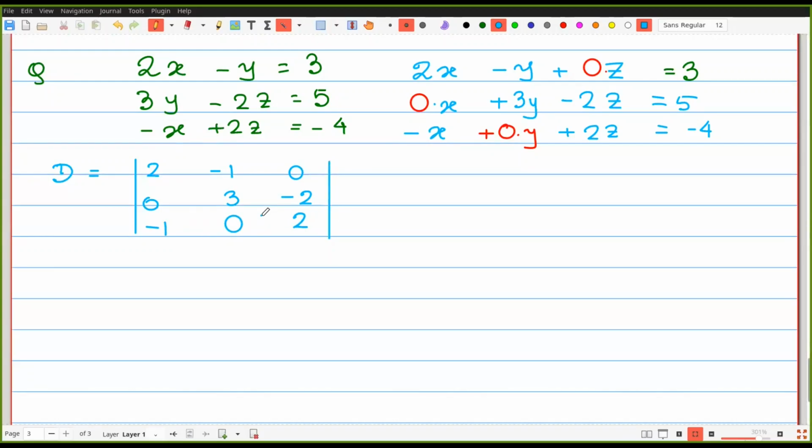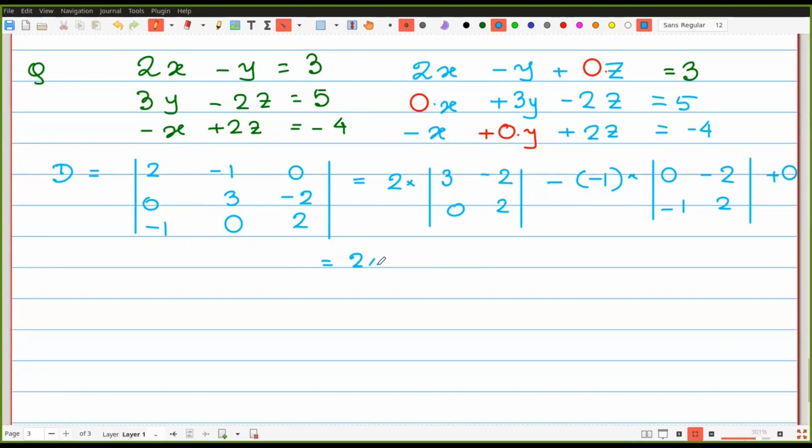Let's check it is equal to 0 or not. Okay. First one, 2 into 3 minus 2 0 2. Minus of minus 1. That is not minus 1 only. That is minus of minus 1 into 0 minus 2 minus 1 2. And third one is 0. So obviously that is 0, 0 into something.